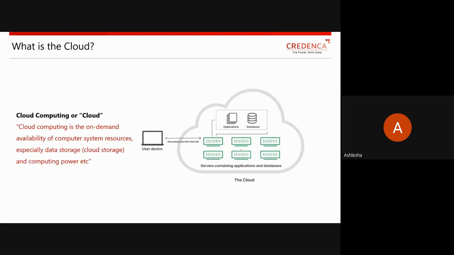Now the important point is cloud. At the time of classification, we heard this term cloud. Suppose I give you an assignment to do on Power BI.